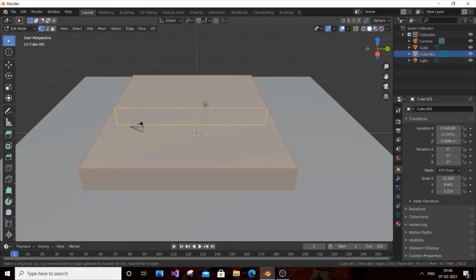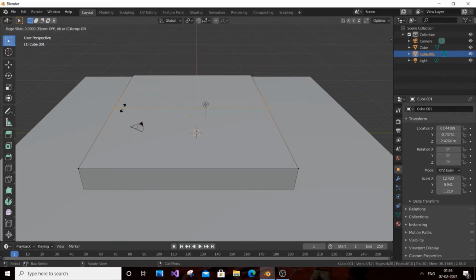So I will repeat again: Ctrl R, just hover your mouse over the building, and you will get a light yellow line. Just press it. Okay, so I have an orange color line, and just press it again. As you can see here, now I got a line in the center. After that, if you move your mouse, that orange line will be fixed to the center of that point. So it's basically like you select that yellow line and click it, you will get an orange line. Now if you move your mouse, the orange line will be fixed.